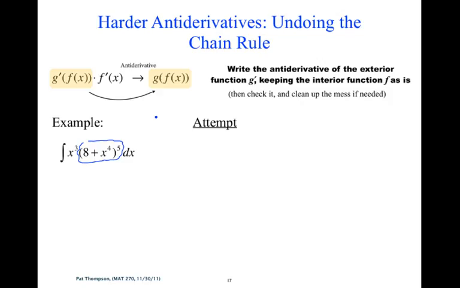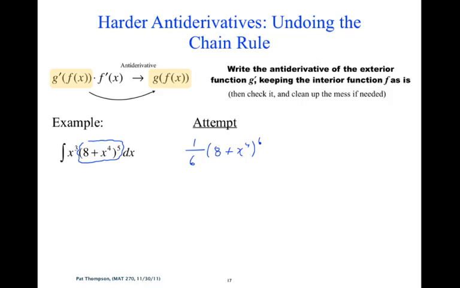What's the antiderivative of (8 + x^4)^5? What's the antiderivative of the exterior part of that? So what is the exterior? It's something to the 5th, right? So the antiderivative of something to the 5th is what? 1/6 times that something